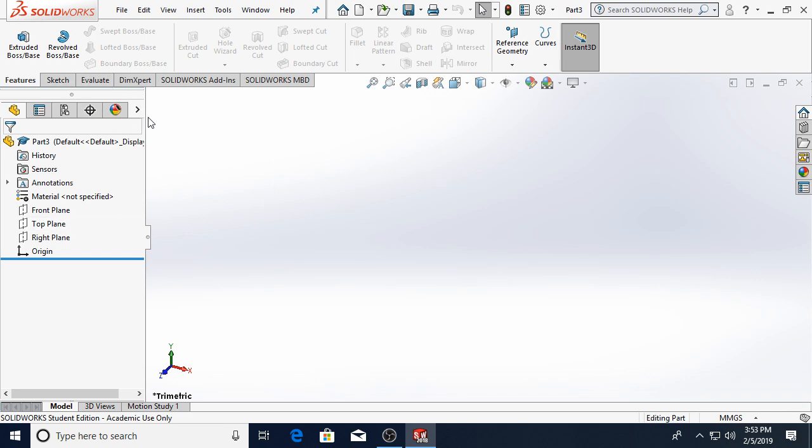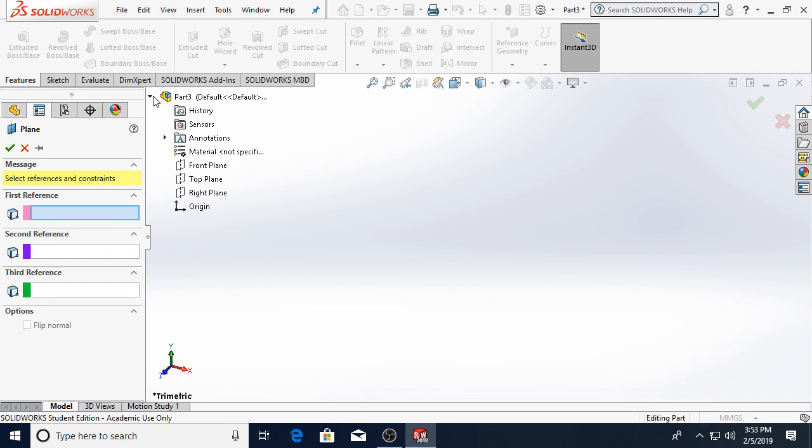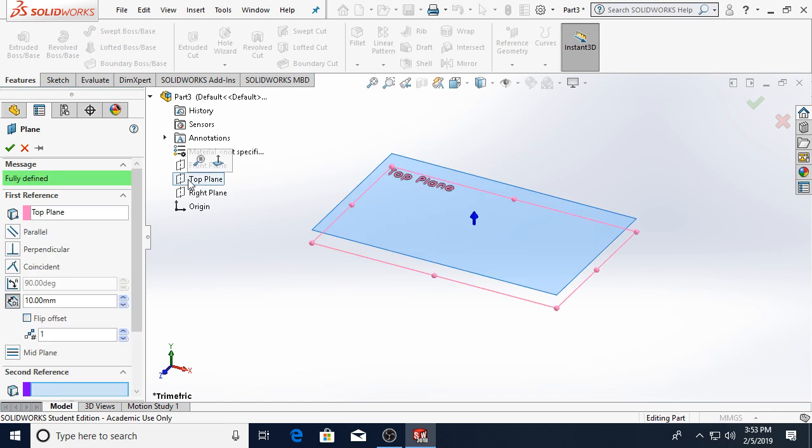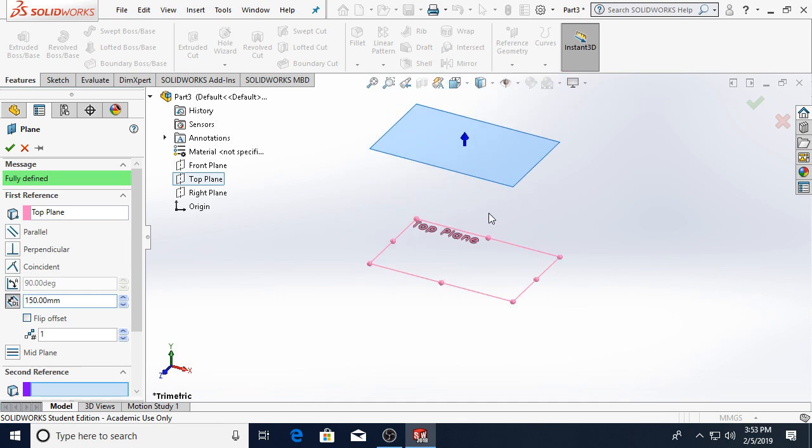When you want to create reference geometry in SolidWorks, you go up to the Features tab, you go over to Reference Geometry, and in this case, we're going to click Plane. We can create a plane in any position we want. In this case, I might want to create a plane that is parallel to the top plane. And in addition to being parallel with the top plane, I could also have it a specific offset away. Maybe I'm creating a part that is 150 millimeters long. In that case, I could specify a distance of 150 millimeters, and now I have established a fully defined plane